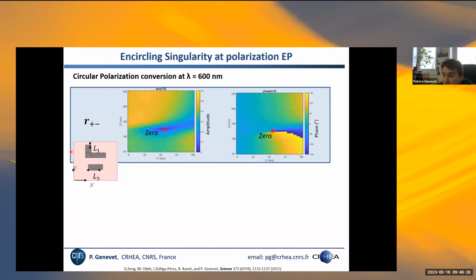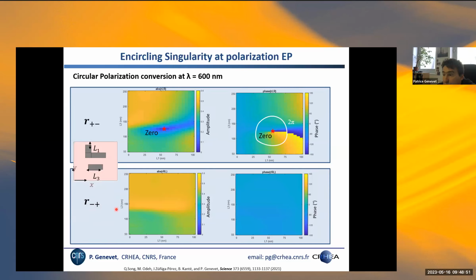So we designed one of these nanostructures that provides a zero of polarization conversion on the plus to minus channel by changing the geometry of the structure, and you see that you have a zero. And again, associated to the zero, you know the drill now, you have phase singularities that eventually wrap around 0 to 2 pi in the parameter space, right? You have this 2 pi phase circulation. If you do minus to plus now, the opposite polarization from right to left, because you are not in a degenerate polarization eigenstate, you are not expecting any phase circulation. Which means that if you pick phase elements for this plus to minus conversion, you will have 2 pi phase, while for the other you have essentially a flat response.